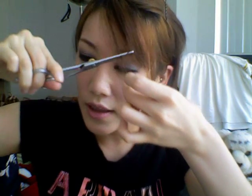So if you feel like it's too blunt and your bangs are too huge, all you have to do is get your thinning scissors, grab it right here, and then kind of pull it down. See, it thins out the hair, but it doesn't actually cut your hair, it just thins it out. And I always thin out right here, so it can be a little bit thinner. And then if you pull down your top layer,